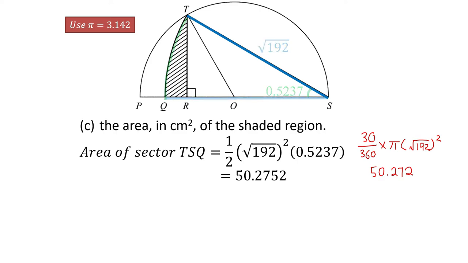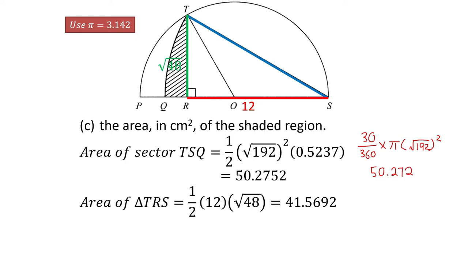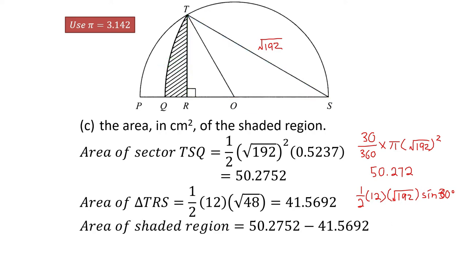Next, we find the triangle. We just use the normal formula, 1 over 2 times base times height. So we get 41.5692. If you want to use the Addmath formula, 1 over 2 ab sine theta also can. So which is 1 over 2, 12, square root of 192. And the angle we want to refer is 30 degree. So you get 41.5692 also. Now we minus, okay, 50.2752 minus 41.5692, then we get the answer